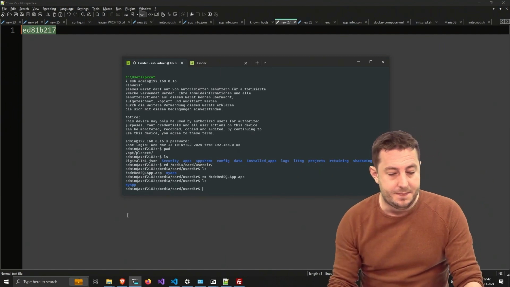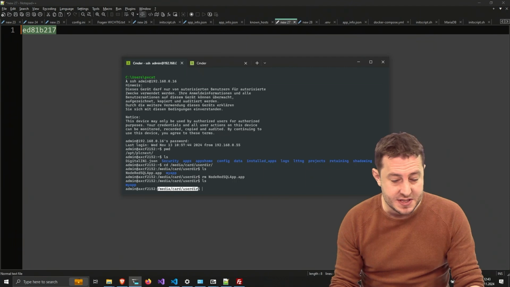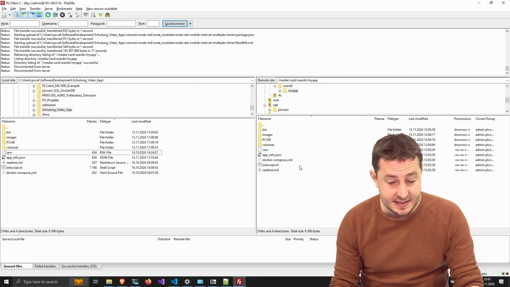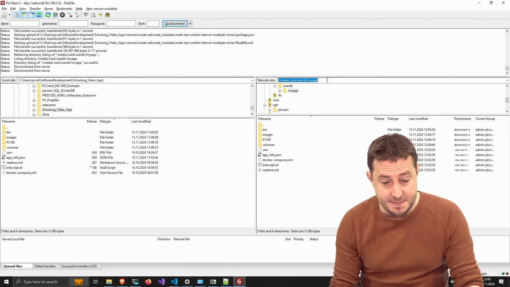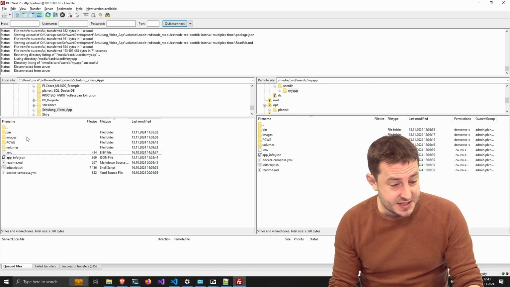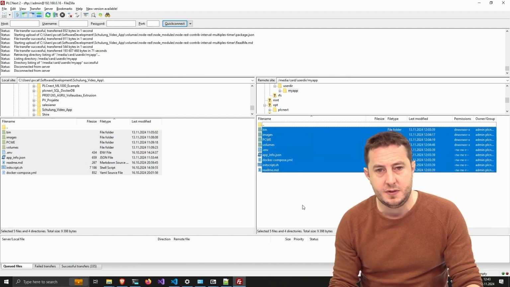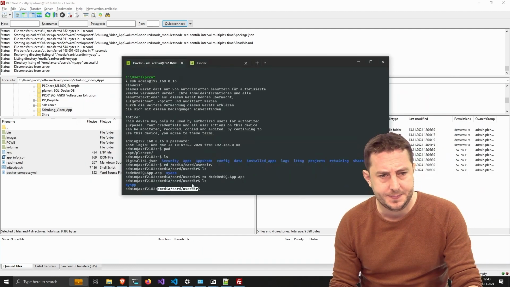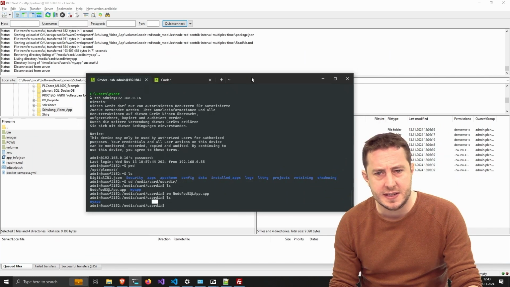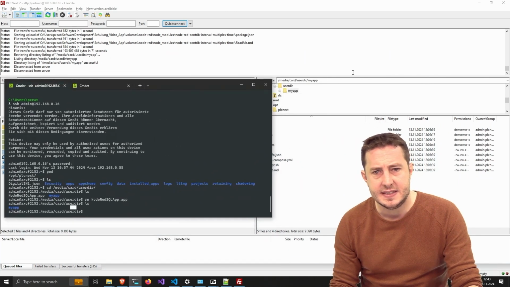So this is the path media card user here, and with FileZilla, I'm at the same path, and I just transferred all the files we created to this folder. It's the My App folder, as we can see here. It's the same folder, My App.